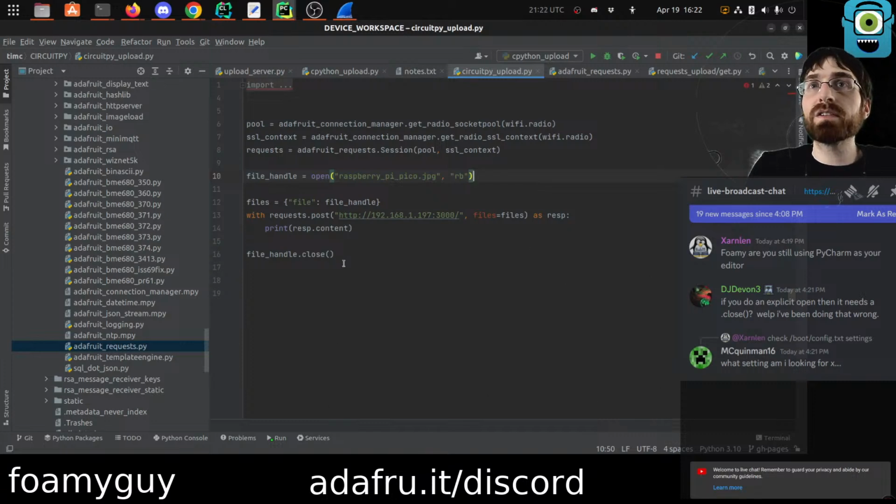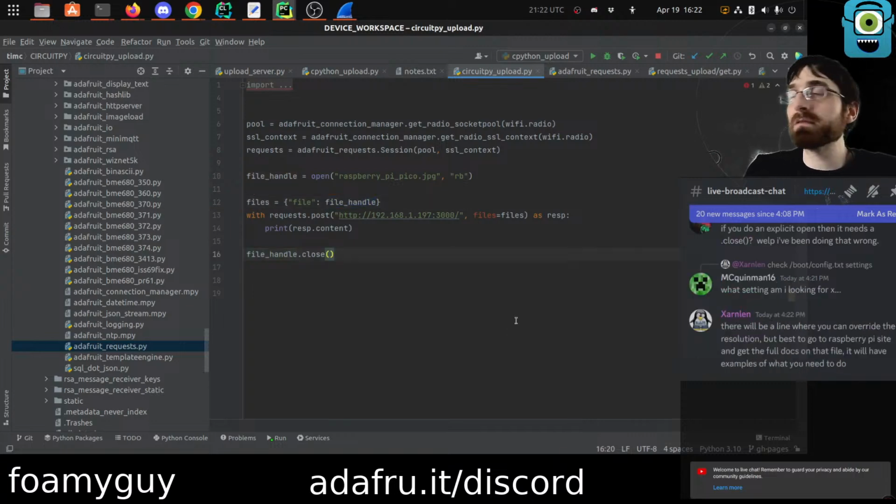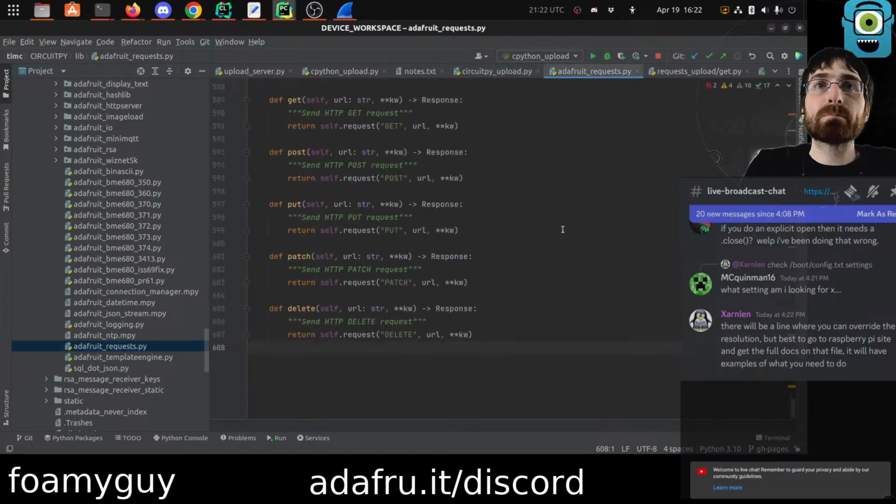But honestly, it's weird to me that this doesn't just take a string. I think this would be cooler or better, just off the top of my head, if you just put the file path right here, but it's not the way that the CPython one works, so it's not the way that I'm going to make this one work. All right, so